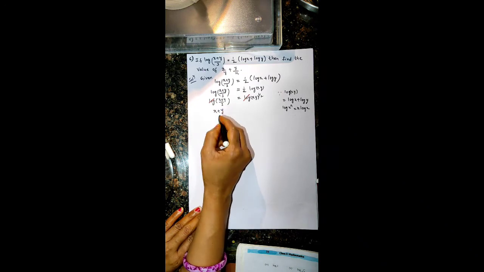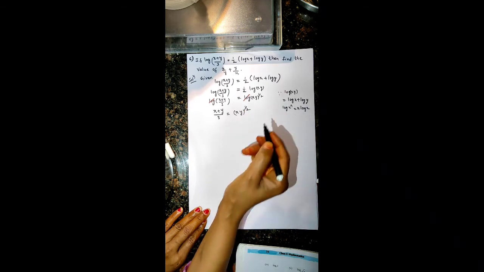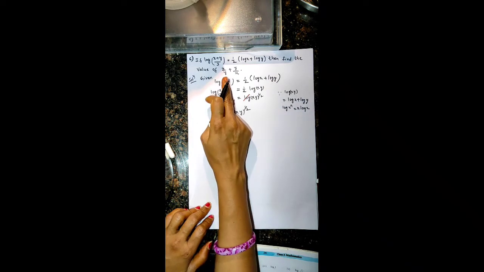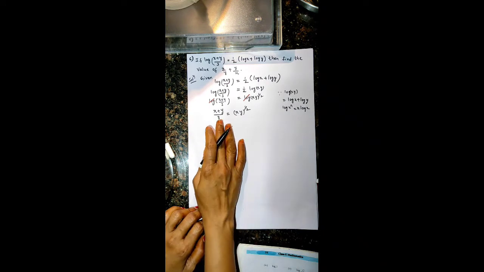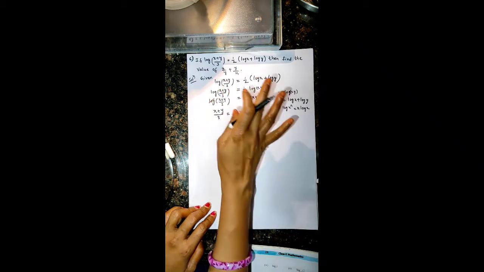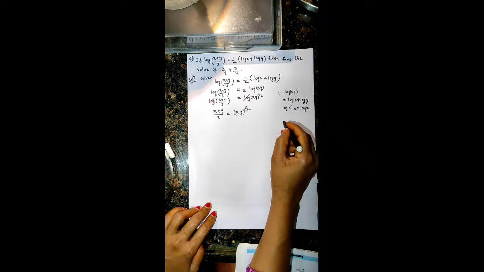In the solution, (x plus y) by 3 equals (xy) whole to the power of 1 by 2. But what we have to find out? Find the value of x by y plus y by x. But now also we didn't get this, just xy terms are left over. Here 1 by 2 is there, but here no 1 by 2 is there, so we don't want the 1 by 2. Okay, 1 by 2 means, see, we can write root x equals x to the power of 1 by 2 only, no? Okay, root x, in this root nothing is there means 2 is there.